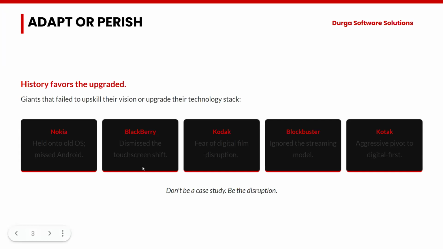BlackBerry was one of the business mobiles. Before 2005, if someone was an employee at a good role in a company, he used to have a BlackBerry phone, because it was the only phone from which you could compose an email. At that time there was no Teams chat or WhatsApp chat. Do you remember? Before 2007, there was nothing like a chat app. There were only SMSs, but SMSs were not official for the company.